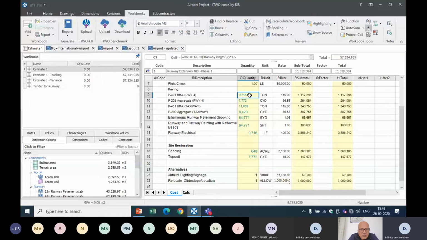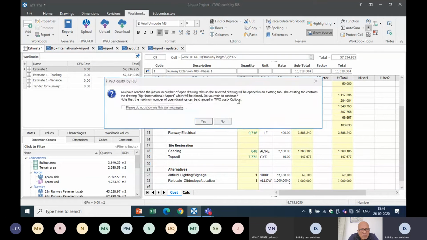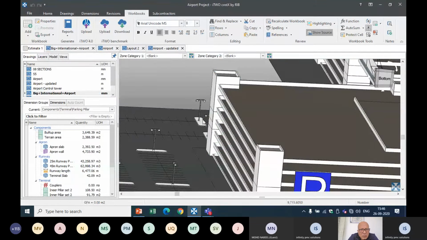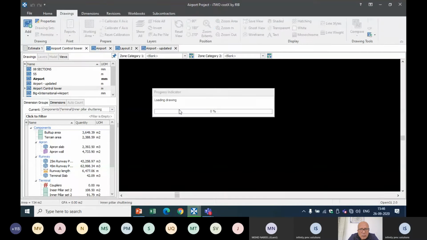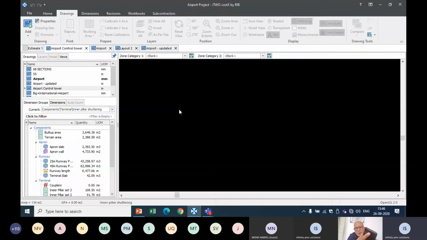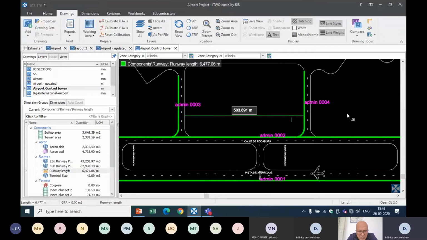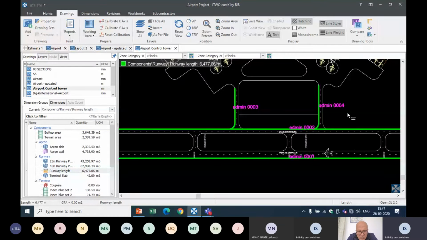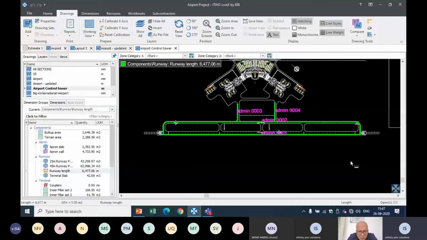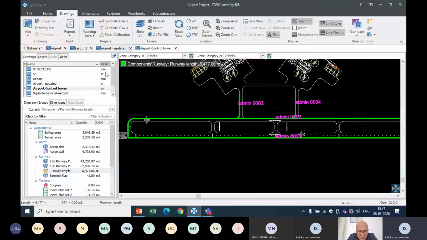Whenever I want to see which drawing was used for this particular quantity takeoff, I can easily access my drawing. My drawing is getting opened. In this way, here in Costex, we are not just typing the quantity or copy pasting the quantity. We are linking the quantity we have taken to our workbook. You can see it has automatically opened from the drawing, showing what quantities have been linked to the workbook. This is called a live link, which helps us achieve collaboration between the quantity takeoff people and the people who are preparing estimates.